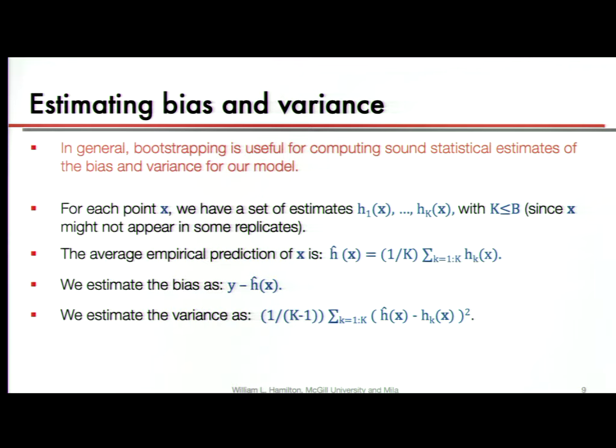But we can still do the same idea as cross-validation, where we can say that for any training point x, we can say which bootstrap replicates x ended up in, and then for those splits of our data, we can make predictions on x, and then we can get our average prediction for x by saying, for all the fake random training sets that we made that contain point x, what is the prediction we make for x?